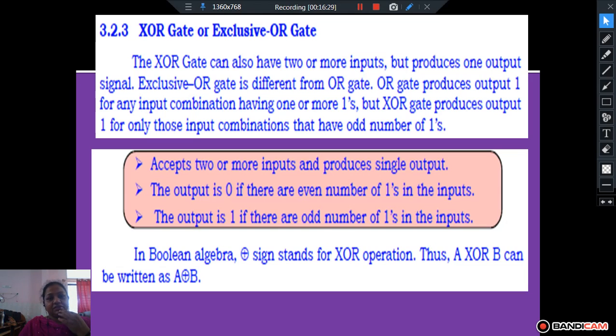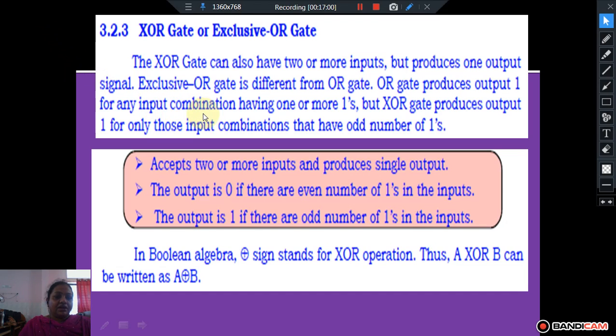But we have XOR, the exclusive OR gate. It is not exactly the same as the OR gate, so let us see how the inputs and outputs change.